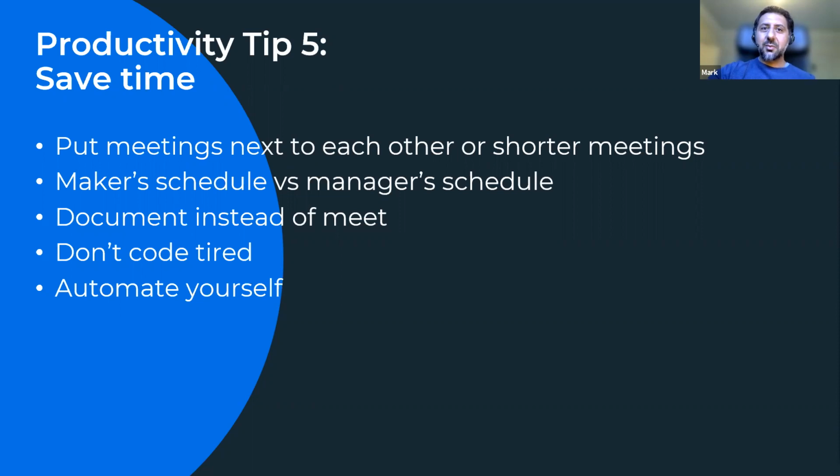Whereas you think of maybe a watchmaker manager. He's probably got 20 watchmakers that he looks after, and he probably needs to talk to maybe 10 of them each day. So he's probably got 30-minute meetings with each one of them, and not much time to do other things, because he needs to resolve issues and try to increase the productivity of the team. So for us as developers, and for non-technical people, it's a very good thing to know the difference between a maker's schedule and a manager's schedule.